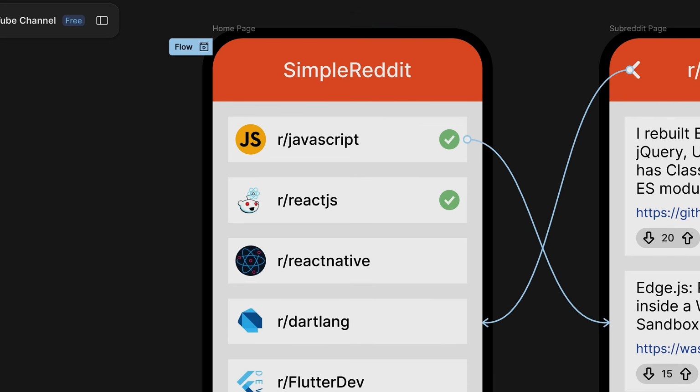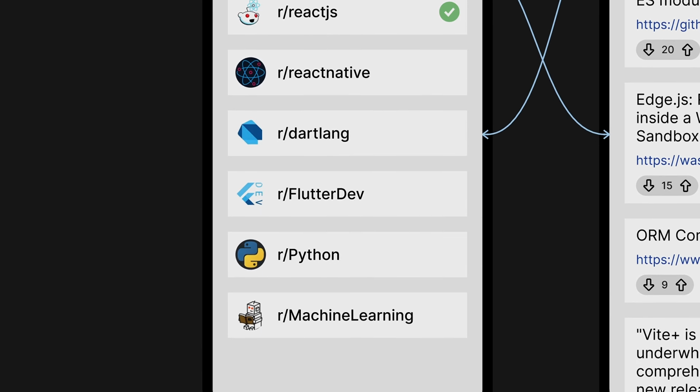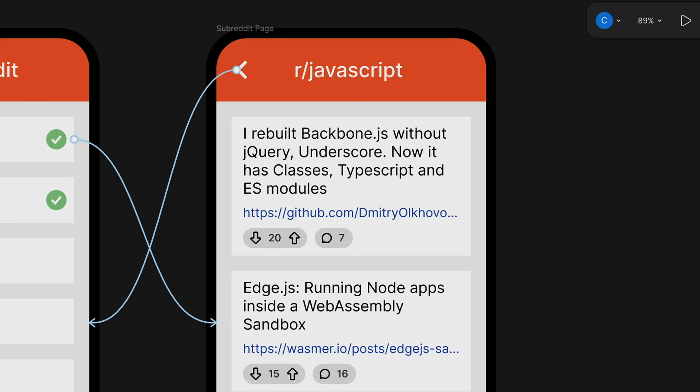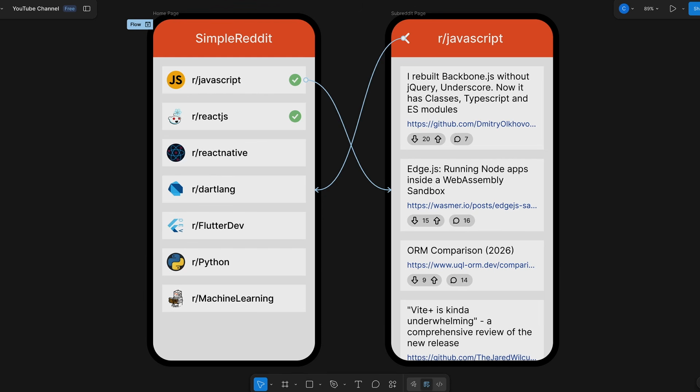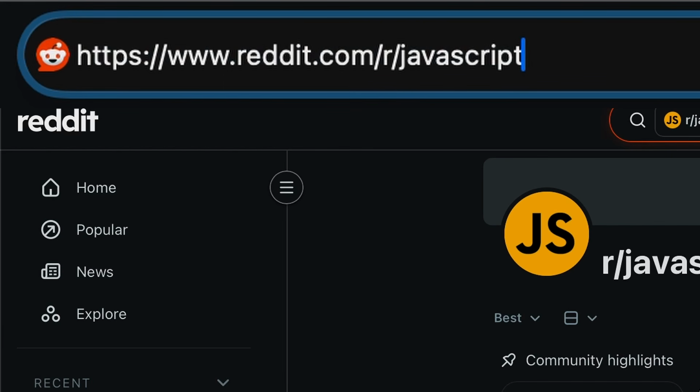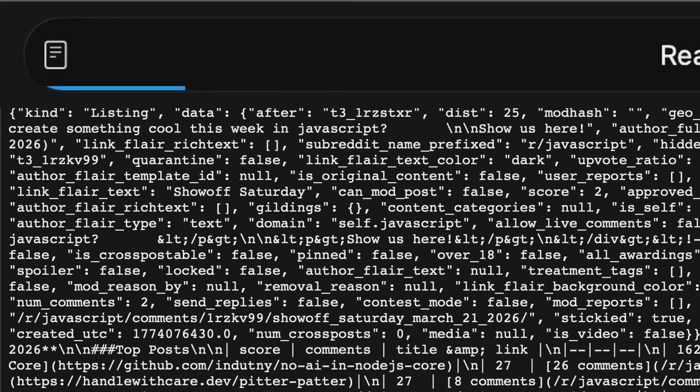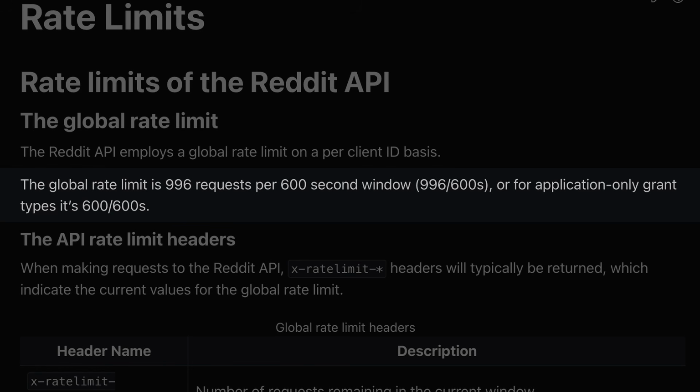The app I'm going to be building is a simplified version of the Reddit app. It'll only display the top posts for each subreddit in the past 24 hours. This way, I won't be tempted to waste time scrolling endlessly looking for more news. If you didn't know, you can add .json to the end of a Reddit URL to get the posts in JSON form. I assume there's some rate limit when doing this, but since I'm fetching about 50 posts total, I'm going to fall well below the rate limiting threshold.